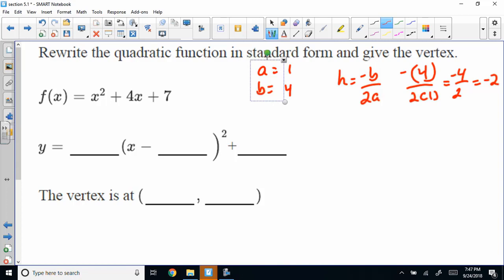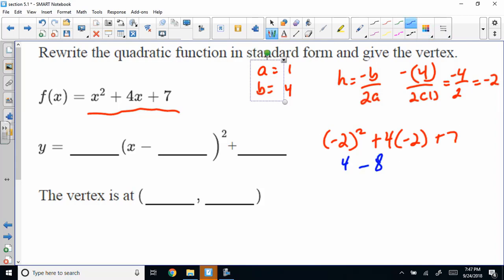Okay, so we're going to take this negative 2 and substitute it back into this equation. So negative 2 squared plus 4 times negative 2 plus 7. Ladies and gentlemen, that's 4 minus 8 plus 7. So that is negative 4 plus 7, which is 3. So I have an h that is negative 2 and a k,